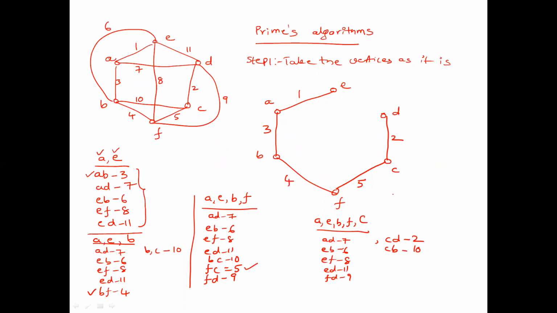Okay. And what is the cost? The cost will be 1 plus 2 plus 3 plus 4 plus 5. It is 15. Okay. Now tell me, what is the difference you observed between Kruskal's algorithm and Prim's algorithm? Cost wise, everything we got same. Almost, for any problem you apply both algorithms, you get the same answer, more or less. Okay, I already told you.